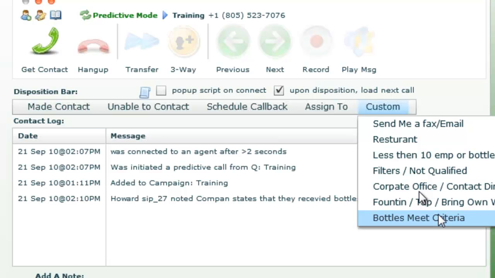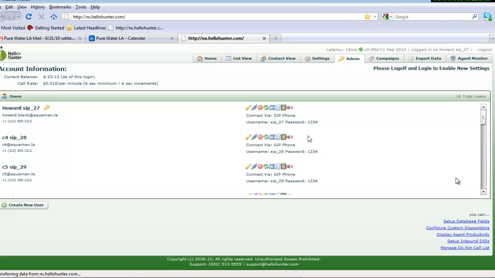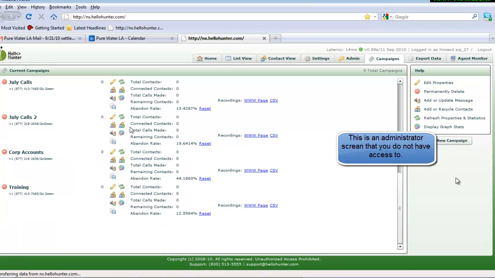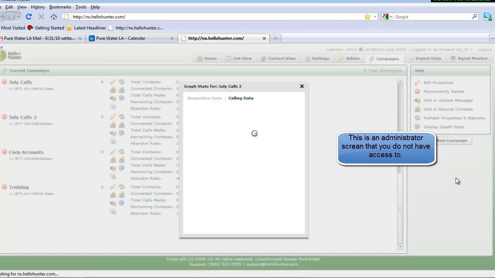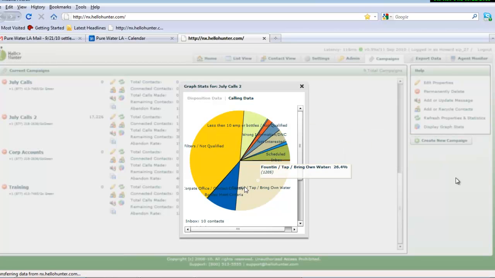This last disposition would be that they do meet our criteria. That is something that we do track on an ongoing basis. And what that allows me to do is it allows me to pare down my list, such as this right here. I segment my list into different calling patterns, and over time what we've been able to establish is about 40 to 50% of the phone calls we do make actually meet our